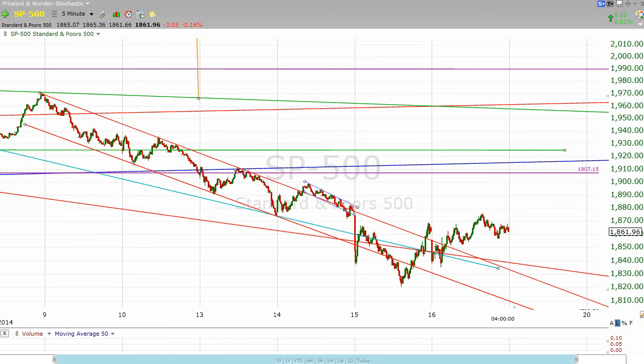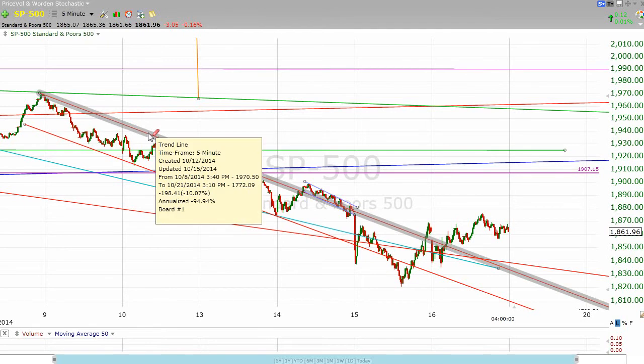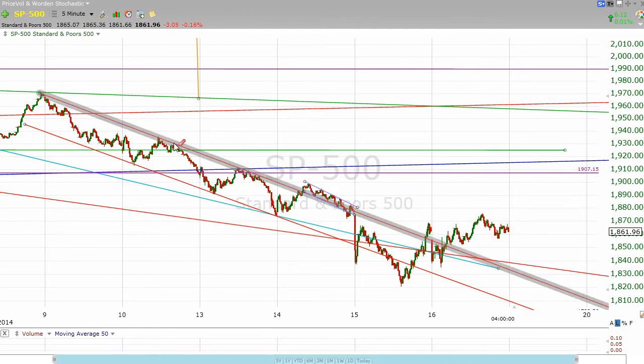Starting out on a 5-minute chart, we've been watching the action that had, for the most part, been taking place between these two parallel red lines that are fairly narrow. You can see that on the 14th we got over this a little bit, but not by a technically significant margin. Then on the 15th we actually get just essentially